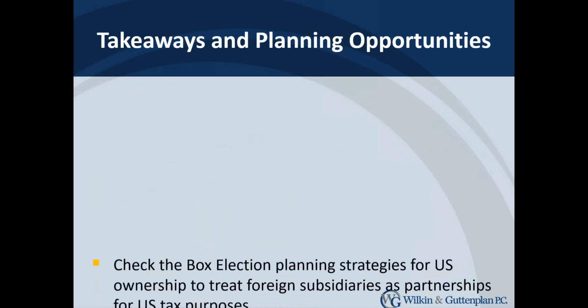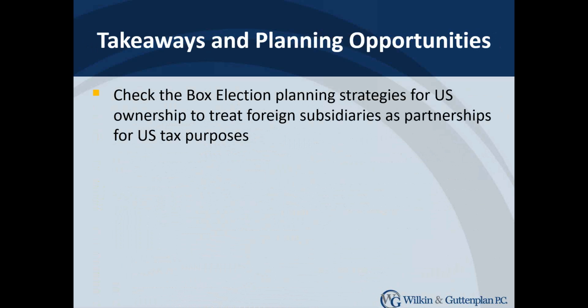So next is Vinay. One thing we didn't talk about is check the box planning. Check the box is a part of the U.S. tax code that basically lets you, to some degree, decide whether you want your entity to be treated as a corporation or as a partnership with flow-through taxation. It applies to a degree to domestic entities, usually LLCs, but it applies in a pretty big way in the international arena. So if I have a UK private limited company, I can decide whether to treat it as a corporation or as a partnership for U.S. tax purposes.